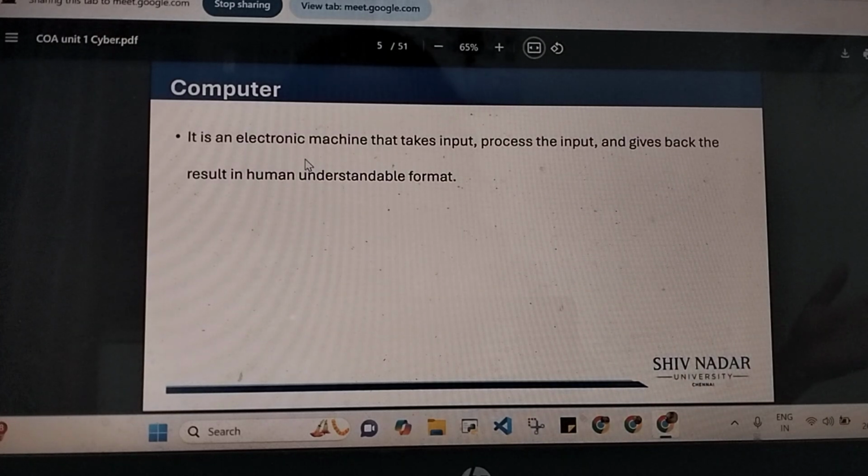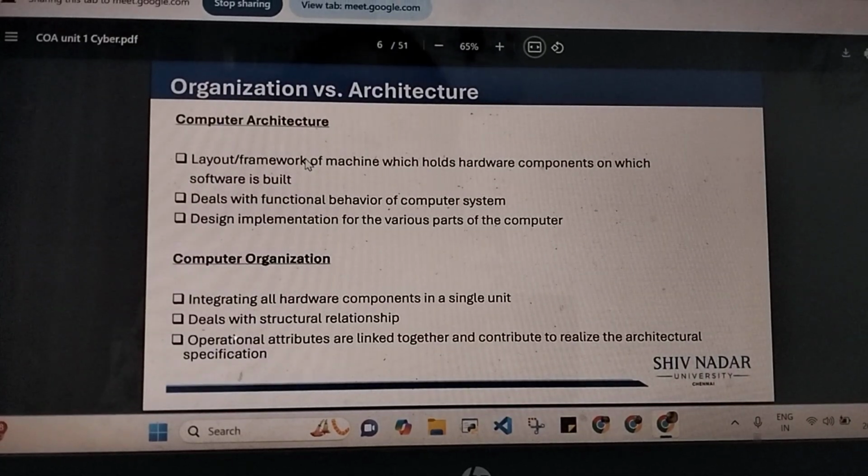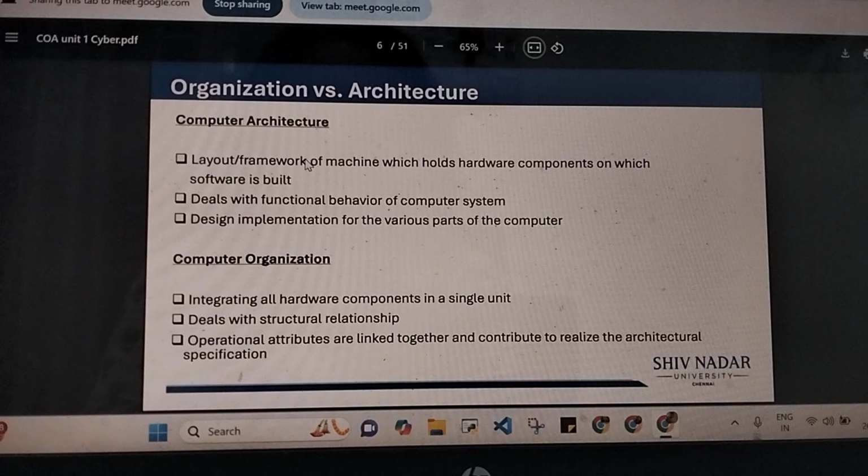So before going into the registers part of it, we'll start with a quick overview of computer organization. A computer, as you all know, is an electronic machine which takes input, processes it and gives back the output. So it's an input processing output machine. Organization and architecture both refer to hardware related concepts when you come to a computer context, but there is a slight difference. Organization refers mostly to hardware, to the structure itself, whereas architecture is also about the function